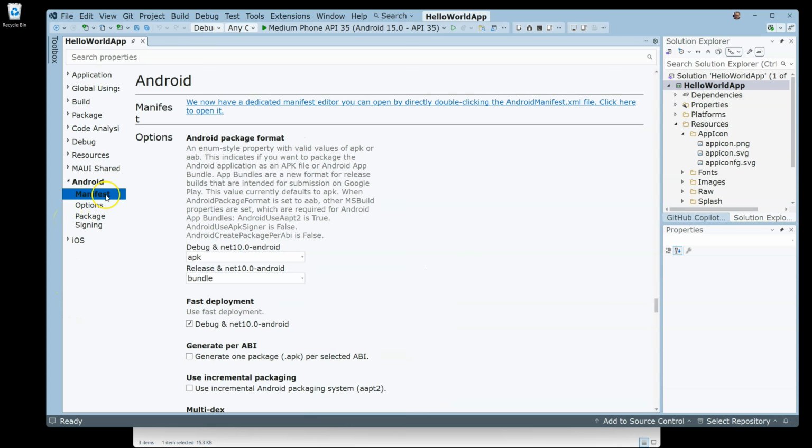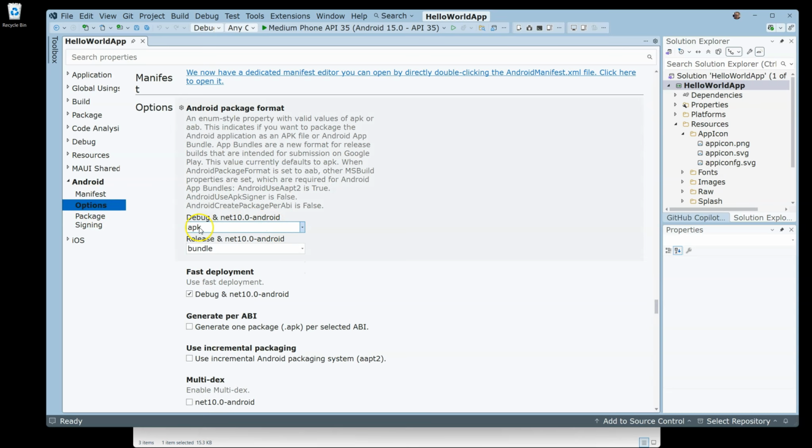Since you are deploying for Android, we need to select options, and then we need to just make sure that APK is our